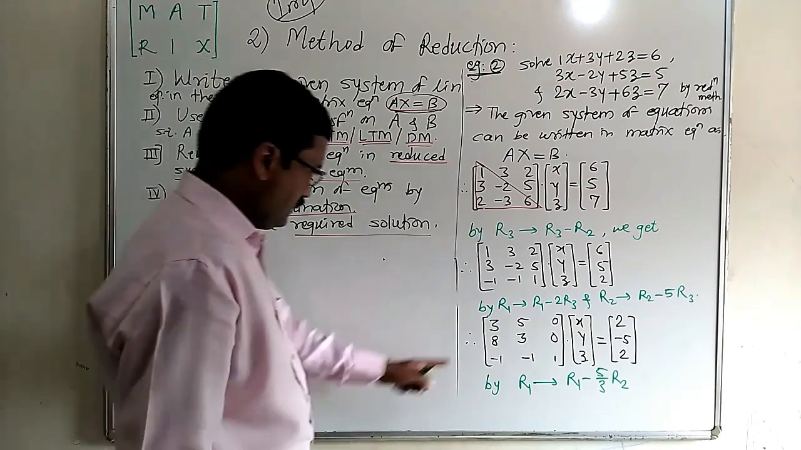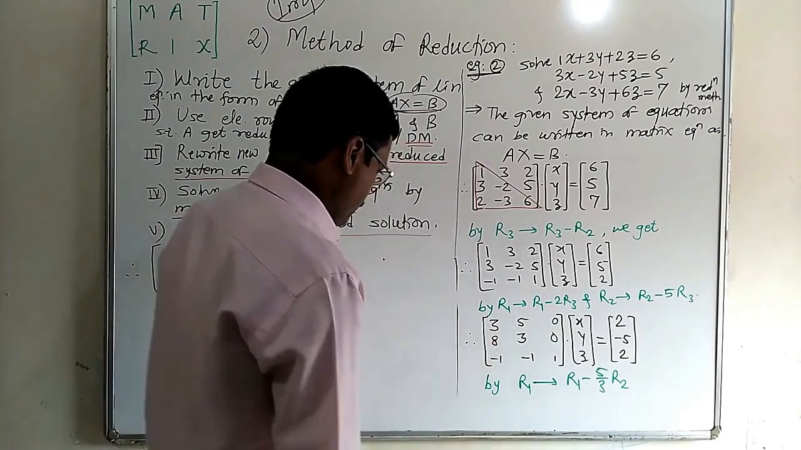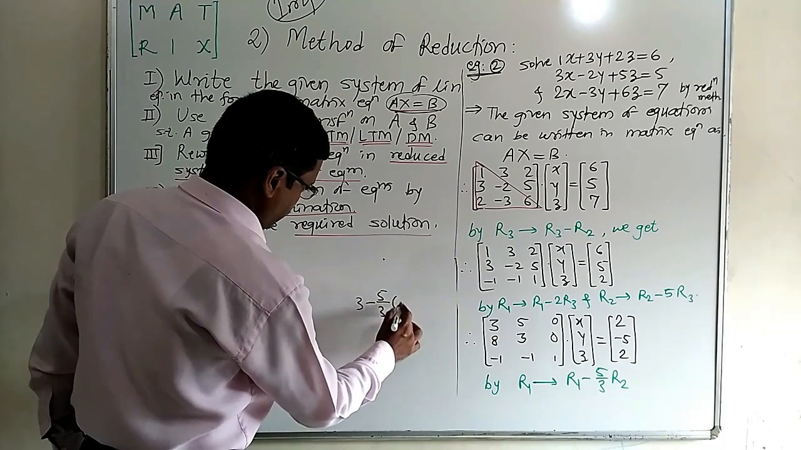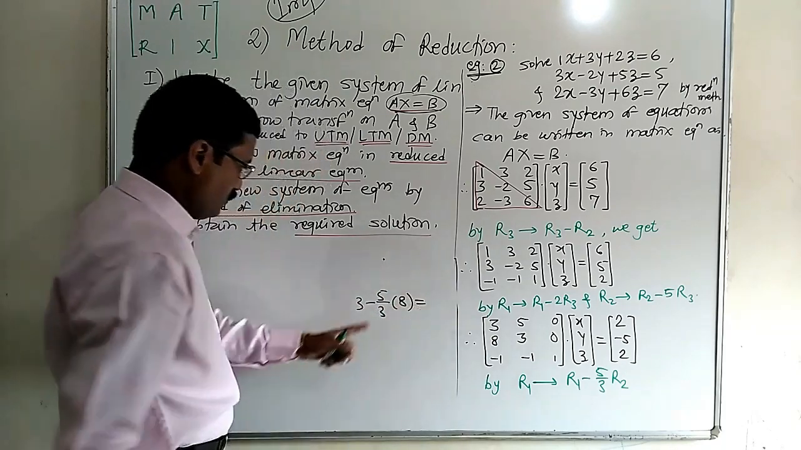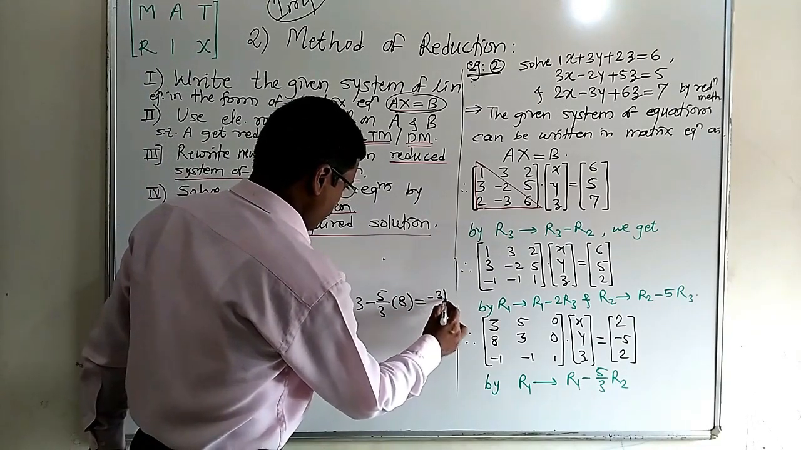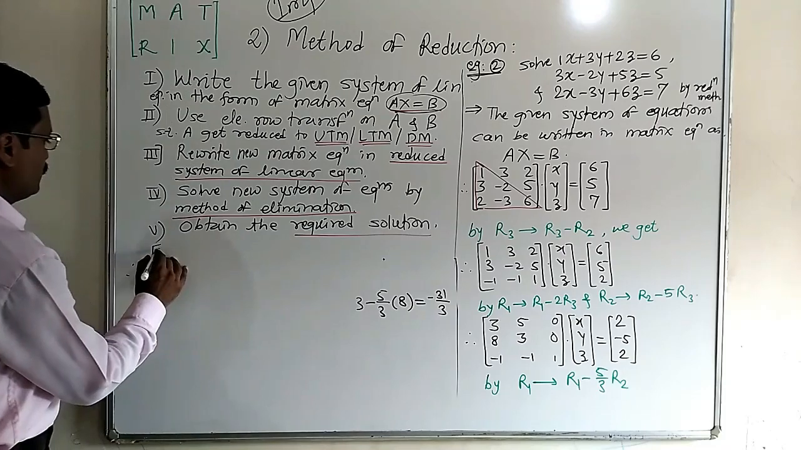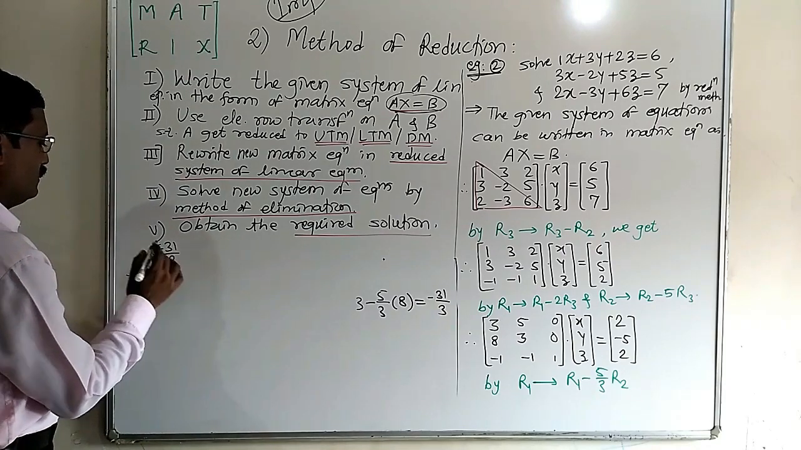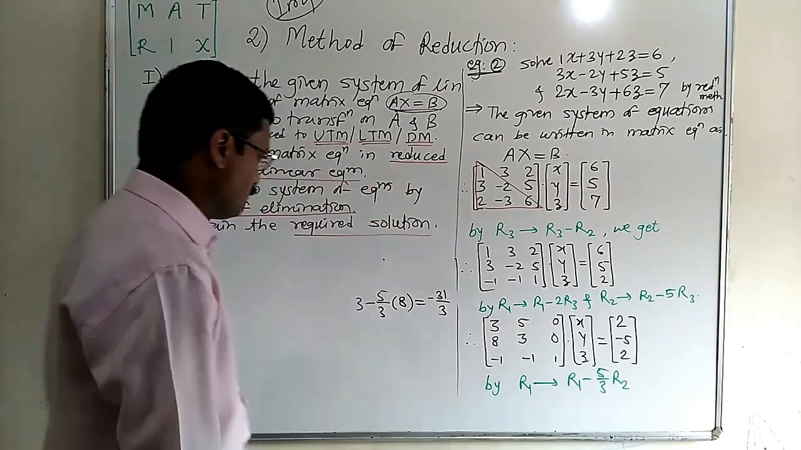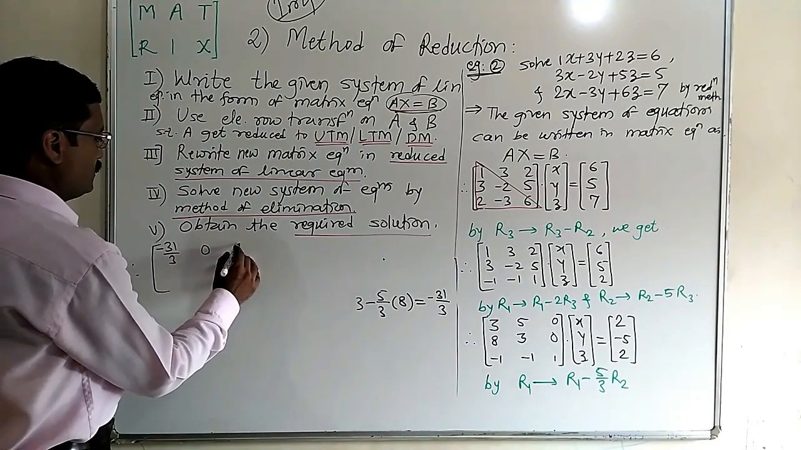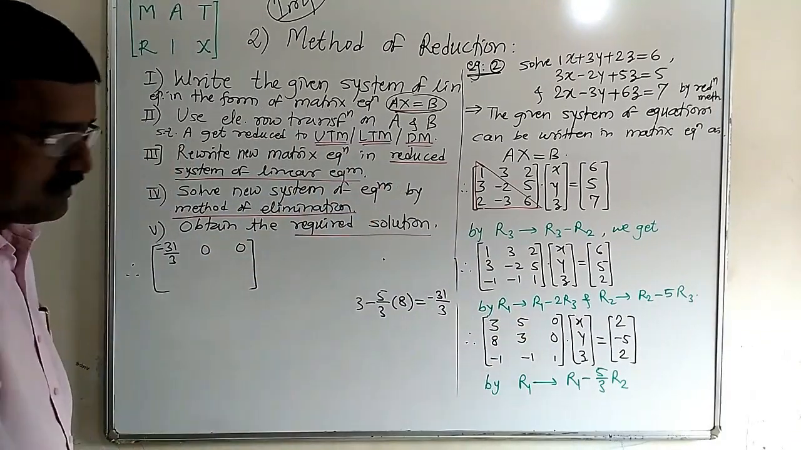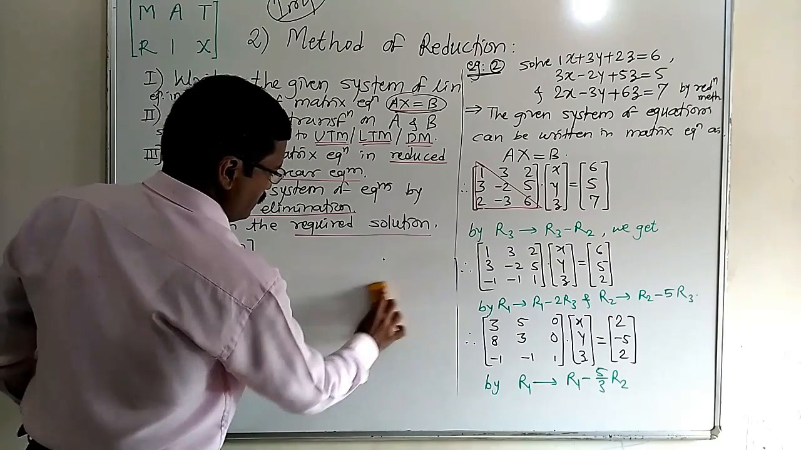Therefore, we get here first R1, 3 minus 5 by 3 times 8, so this is 9 minus 40, that is minus 31 upon 3. So the first element is minus 31 by 3. The second element, obviously this will give us 0 here, so 0. No change in the third because both are 0, this 0 and this 0. Now the next